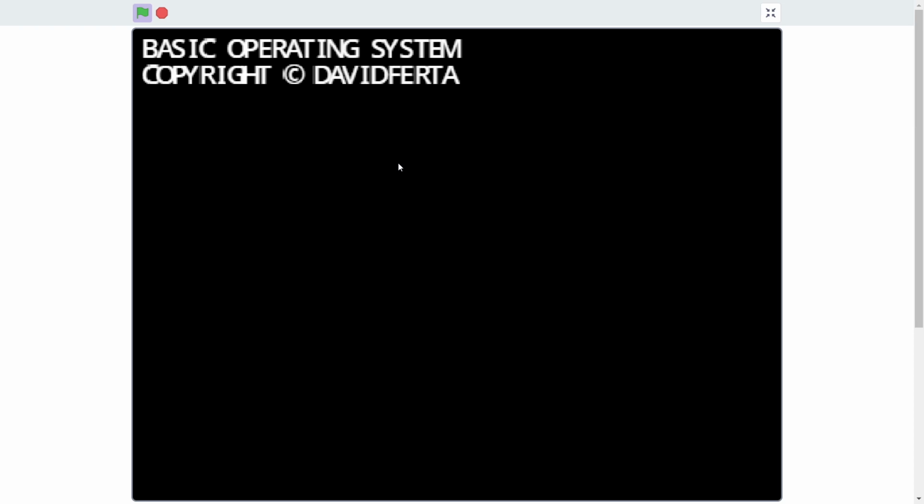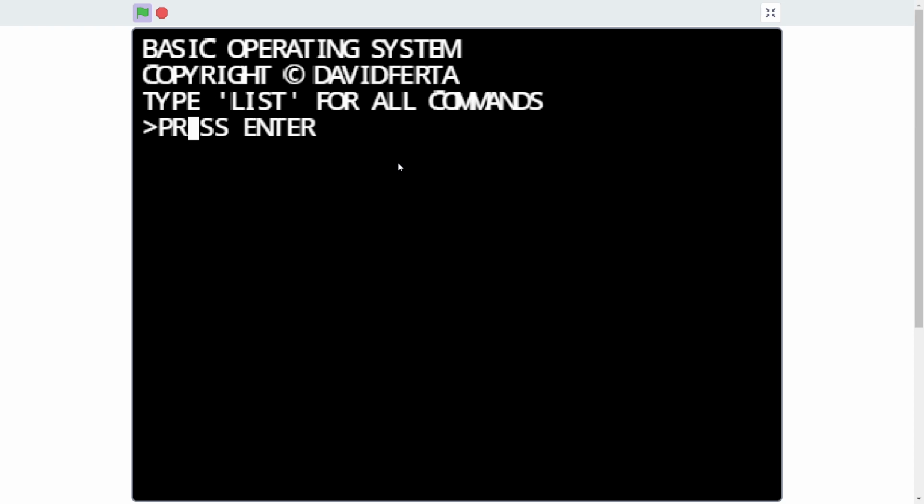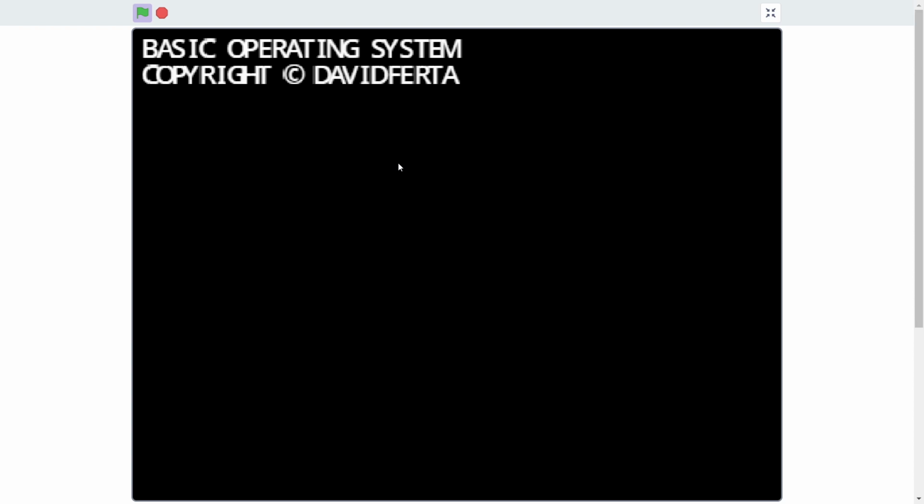To press delete, you can press the period key. It's like near the 1, 2, 3 key. So press it because backspace doesn't work in Scratch, and you see I just deleted R. I can delete like the whole sentence here just to show you. I can also move left and right with the cursor. So let me type list,